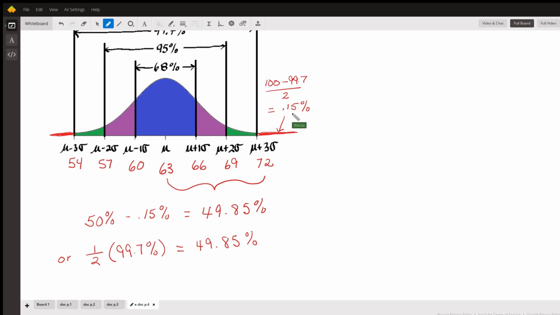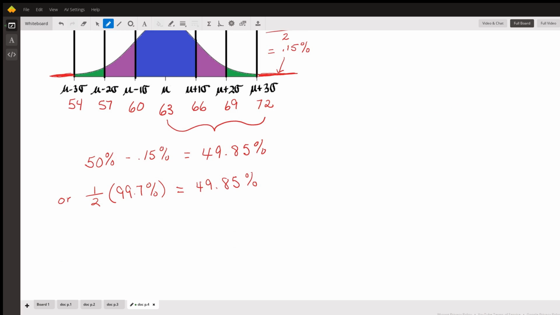And as I said earlier, this part is about 0.15%. In decimal it would be 0.0015, but we're talking about percentages, so we'll leave it in percents. So we could also have gotten it using this method: 50% minus 0.15% is 49.85%. So the answer is